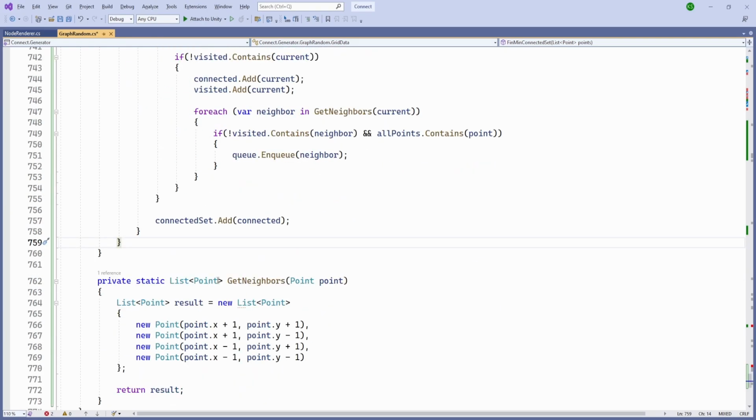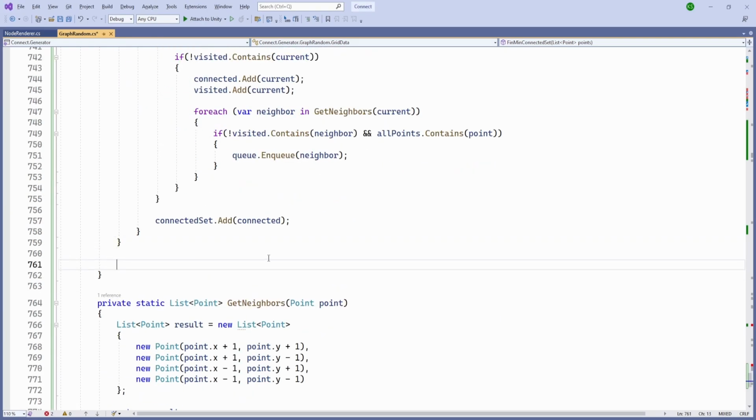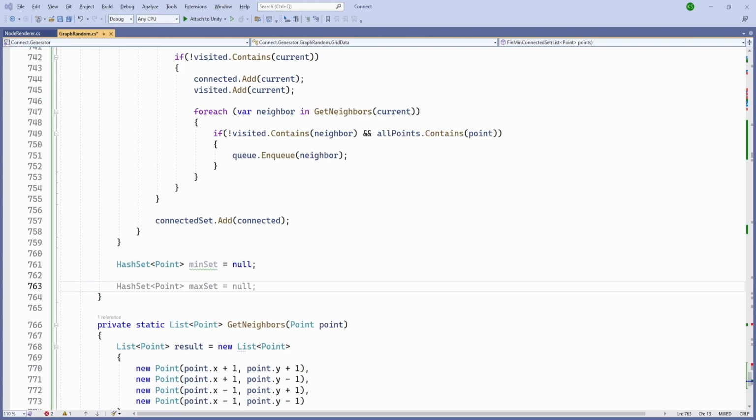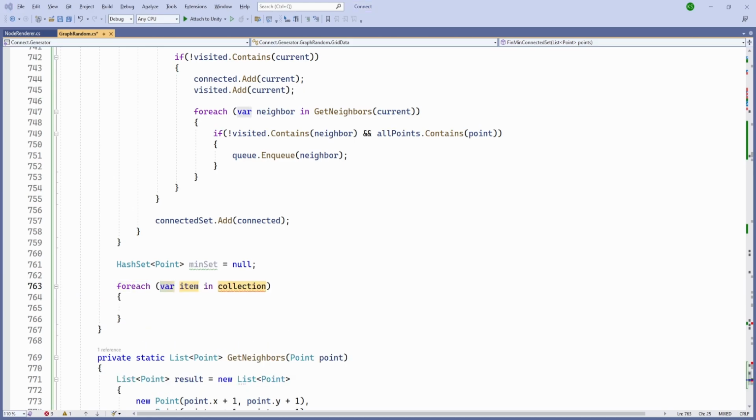And after our connected set, so hash set of point and min set is going to be equal to null, and for each item where item in our connected set,